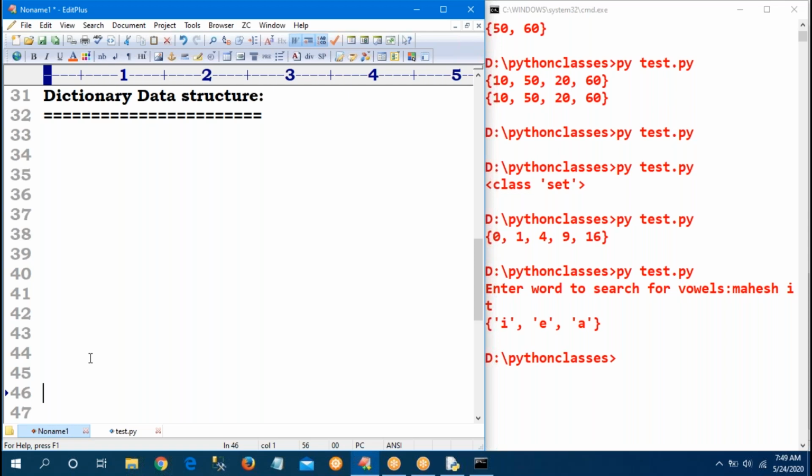Then we should go for a dictionary. If I want to store student details, every student has a number, a name, an address, marks, like that. Student number, name, phone number, address. Suppose a system domain and IP address, that value. Key value pairs: then I can go for a dictionary.